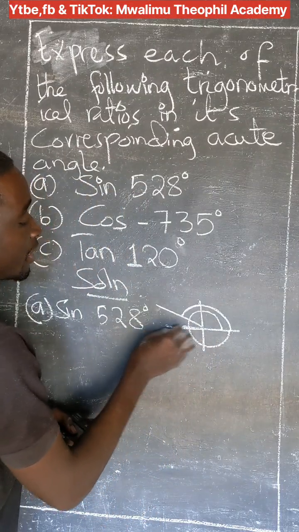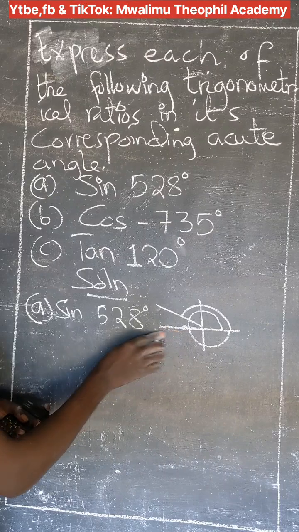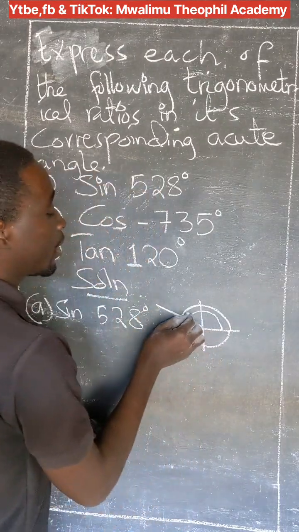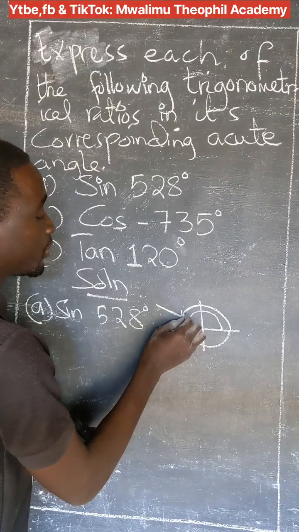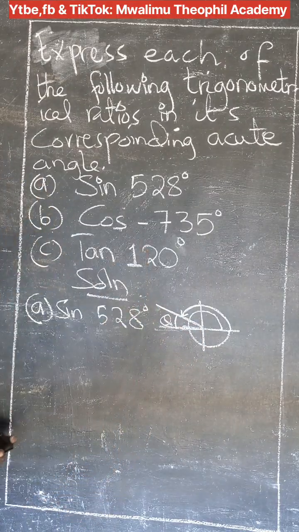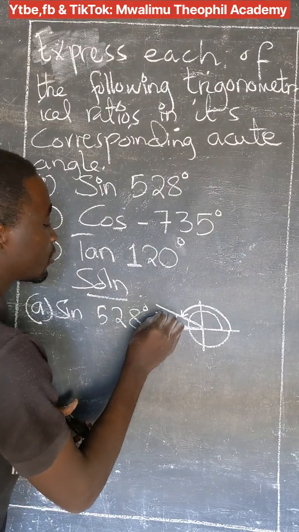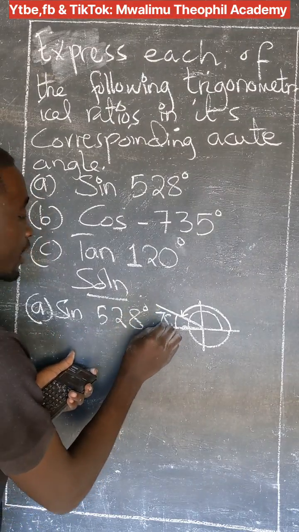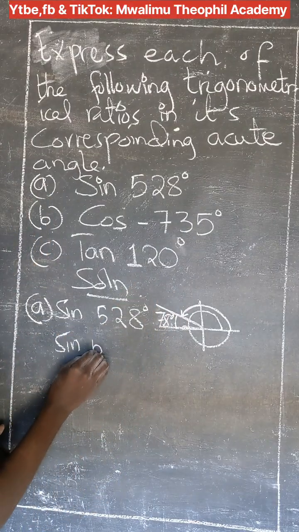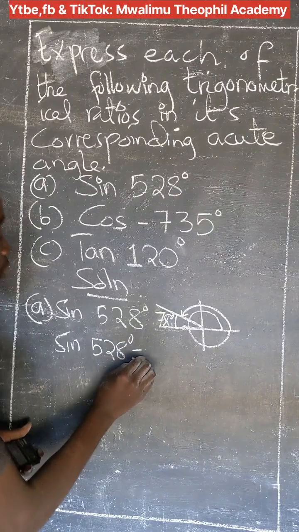The corresponding acute angle is the angle between the horizontal, meaning the x-axis, and the line to which our angle is measured. Here is the corresponding acute angle. This angle theta is equal to 78. So we say that sine of 528 degrees will be equal to